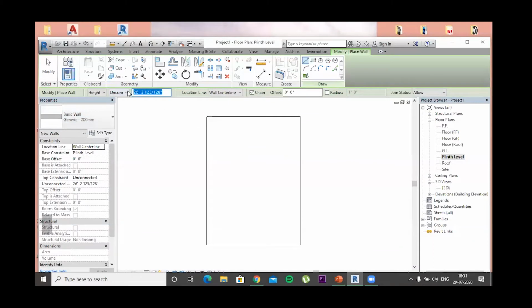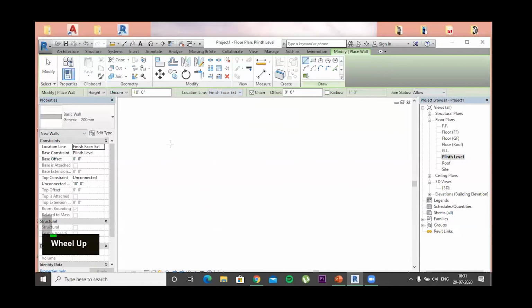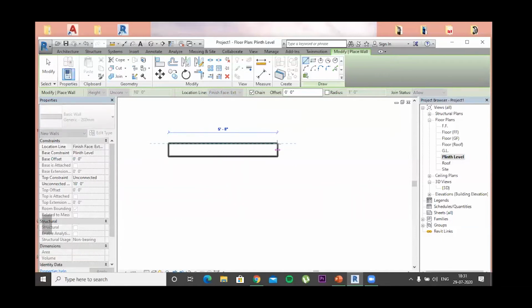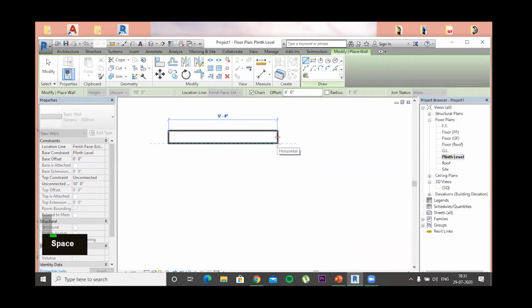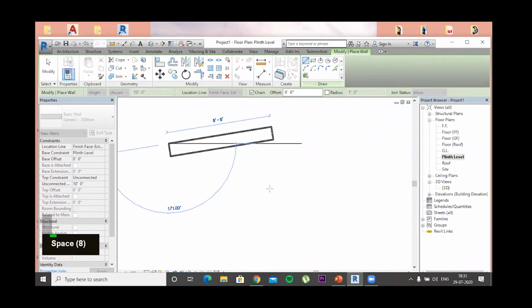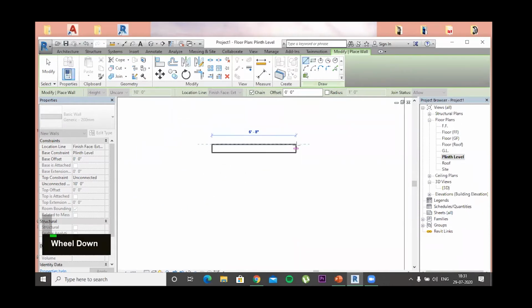We have to select the wall height as 10 feet because our floor height is 10 feet. Then there are different types of location on which we have to create a wall. So suppose you make it finish face exterior. So the wall will be created, your finish face will be like this. Now if I want to topple over the axis line, I will click the space bar, then it will topple over. Okay, like this. So this is how we will be creating a wall.